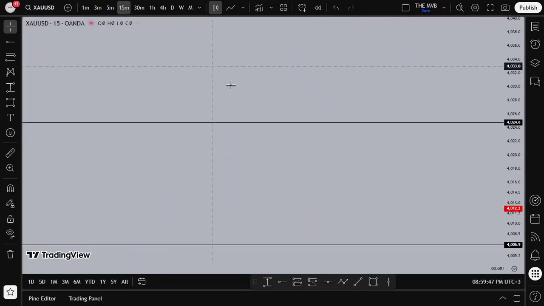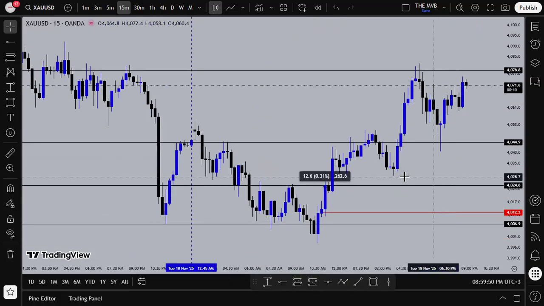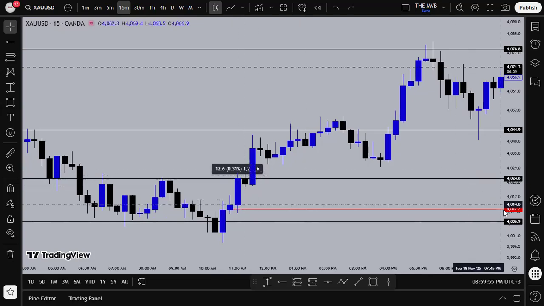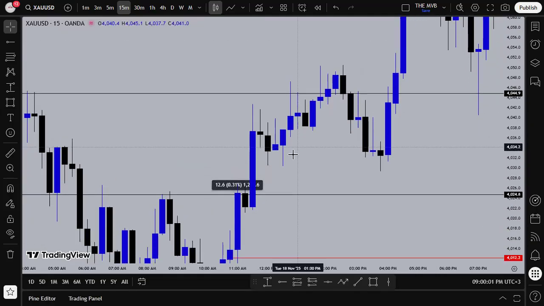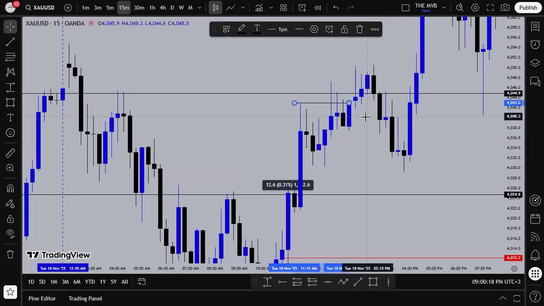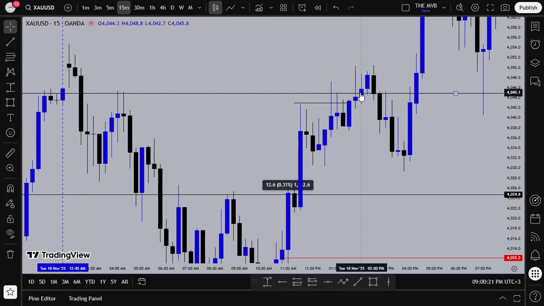So I went back again to the 15 minutes to look for the reaction towards that point. Okay, towards that point, and I begin to see price printing a lot of candles going up, and then it reacted to this point. But when price reacted to this point, I begin to see we had this structure here. So definitely this point here, this level here, the reaction of it was to make price coming towards this area